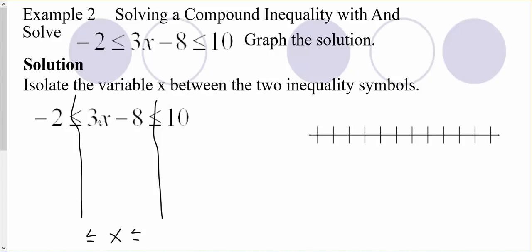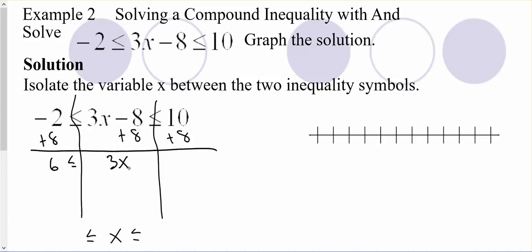We're just going to ask ourselves what we always do. What's happening to our variable? Our variable is being multiplied by 3 and it's being subtracted by 8. So we want to undo the subtraction first. Since we have three sides, I'm going to add 8 to all three sides. And I get 6 greater than or equal to 3x, less than or equal to, and 8 plus 10